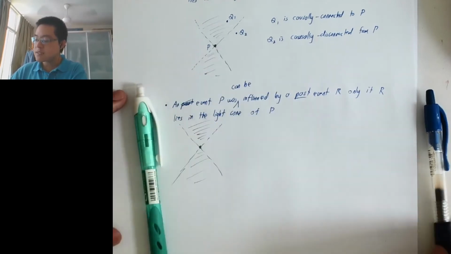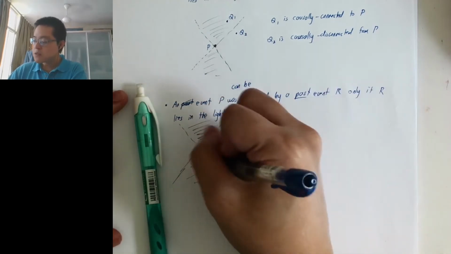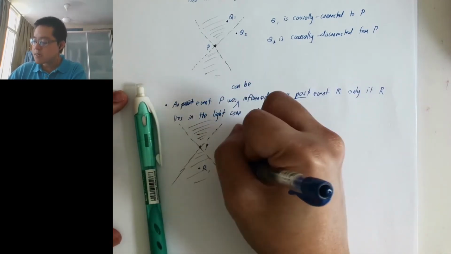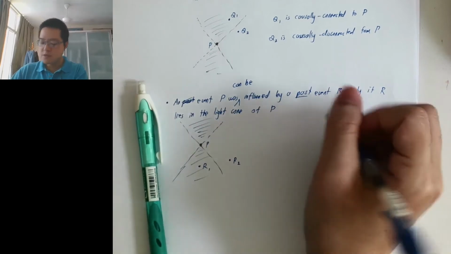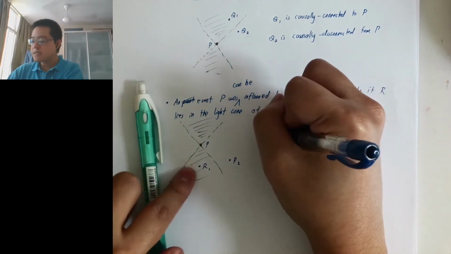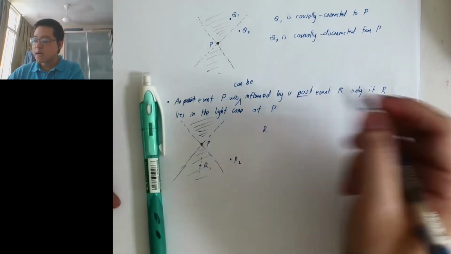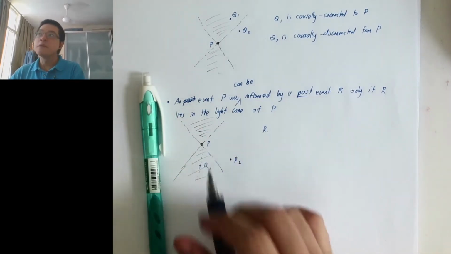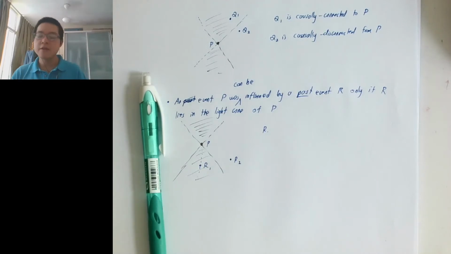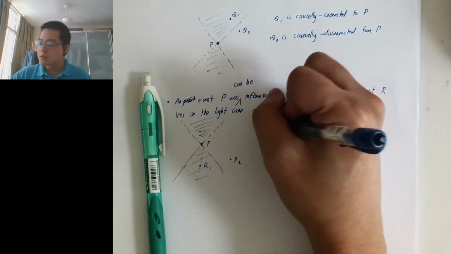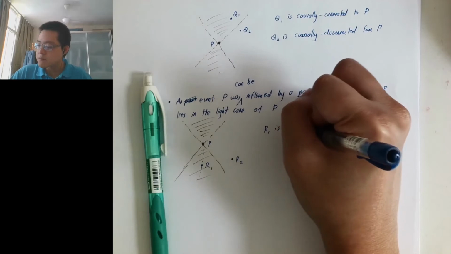So these are all the things that can be related to P. Take a previous event, so let's say R1 is here and another event R2 is here. If R1 is inside the light cone, then whatever happens to R1 might be affected by P, right? So when something happens here, P might know about it. If something happens to R, then P will know. So R1 is causally connected